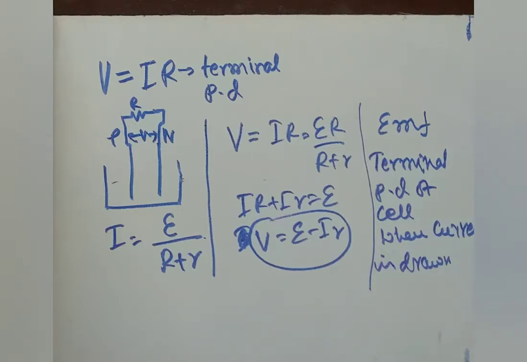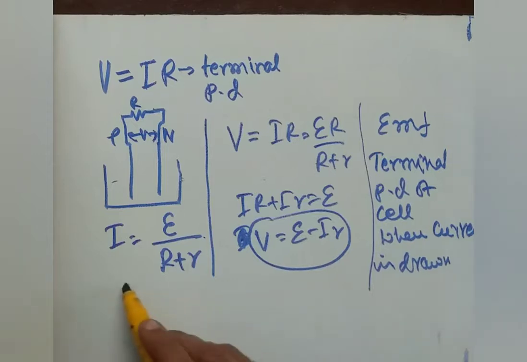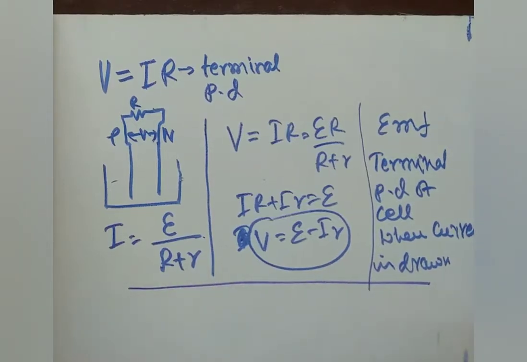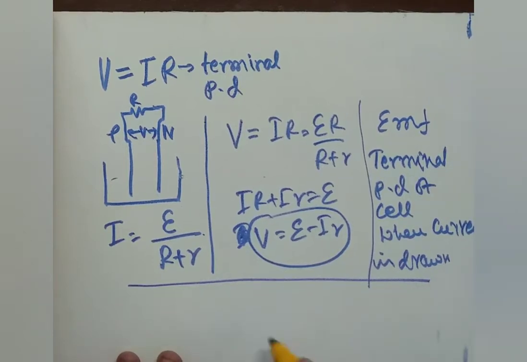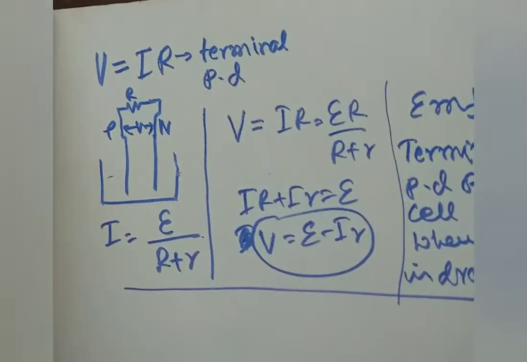When we charge our mobiles or any other chargeable gadget, what happens? In that case, we don't draw the current from the cell, but we send the current into the cell. That means the terminal potential difference, when the current enters the positive terminal of the cell, that is when the cell or the battery is charged, we can write as E plus I r. Observe, when the battery is charged, I will show you by drawing a figure.